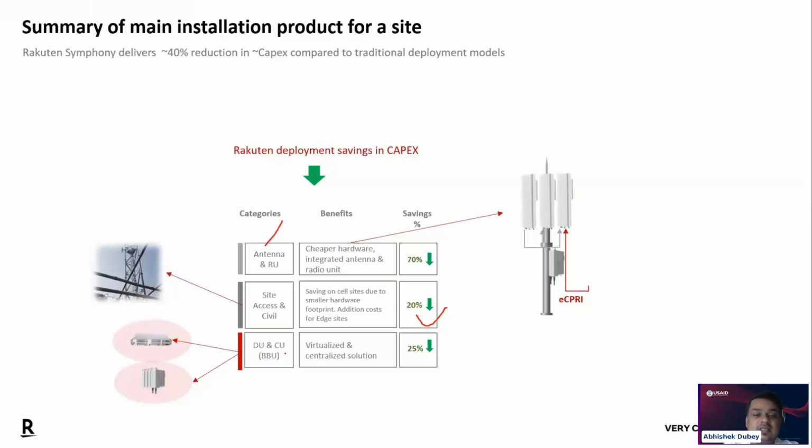The next part is DU and CU. In traditional, you can call it BBU, baseband unit. Here we call it distributed unit and centralized unit. All are virtualized. It's a 25% reduction. Why? Because of virtualization. What is the main advantage if I'm saying virtualization and centralization? What could be the main advantage for this saving? So that could be